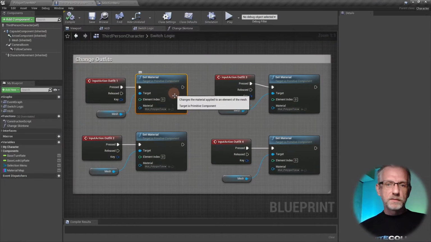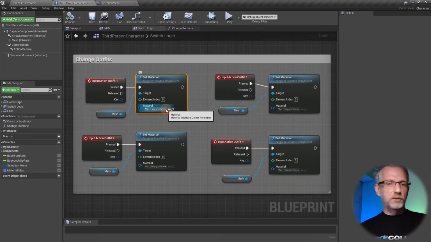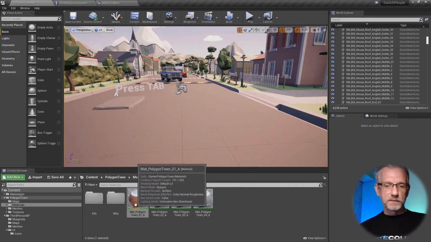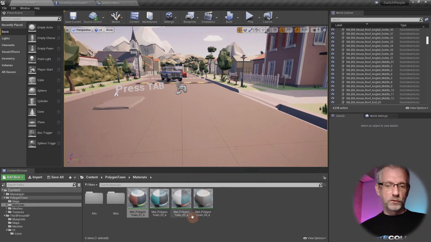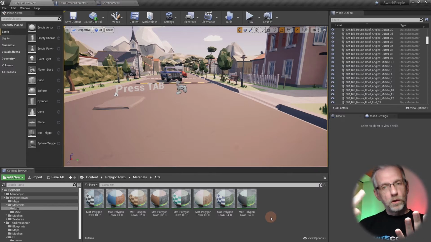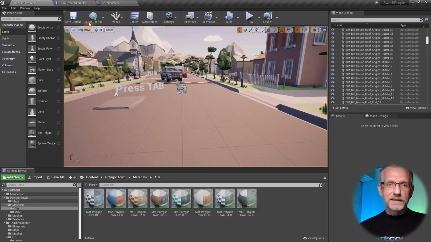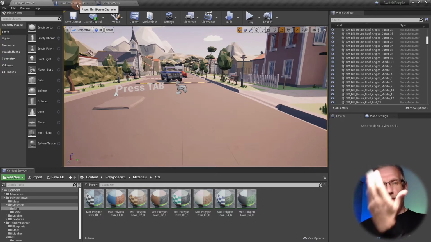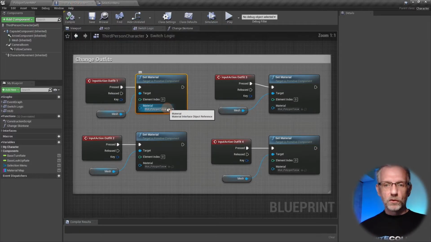So the materials are being switched just by putting a new material in, and we're putting in these materials, so 1, 2, 3, and 4A. But in the alts folder, there's 1B, 1C, and 2B, 2C, 3B, 3C, and 4B and 4C. So technically we have 4 materials and 3 alternate versions of that, making the total of 12 materials. And so in order to understand what material I am wearing right now, I would need to go and